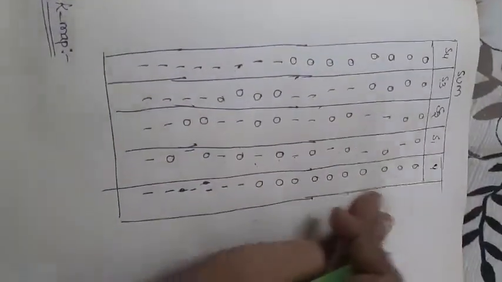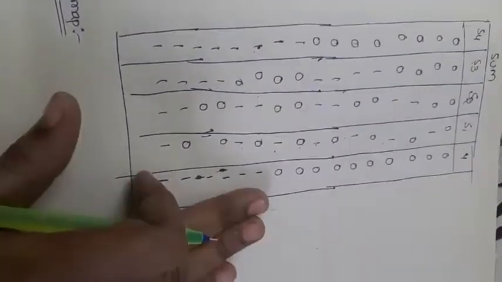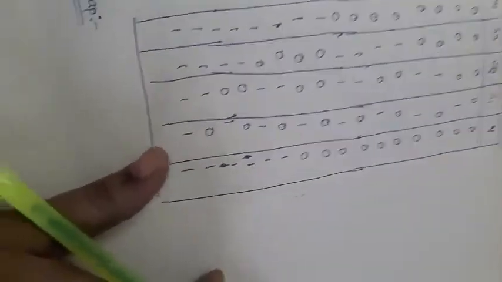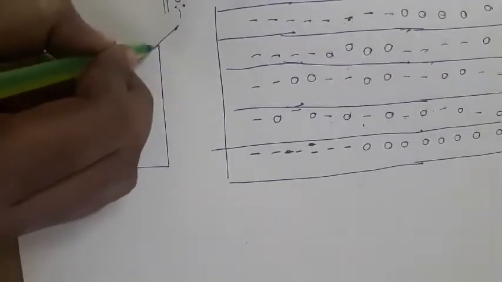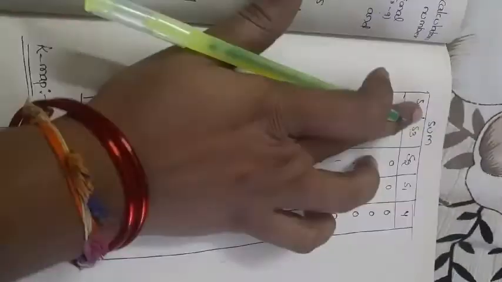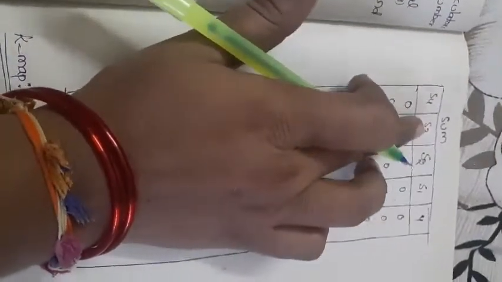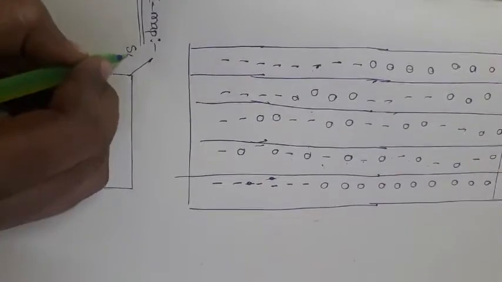For the output where we are getting the minterms, we need to find the K-map. That is in the form of an SOP equation. Actually, this is a 4-variable K-map that I need to consider. Why? Because it consists of 4 inputs. So that's why I will go with a 4-variable K-map.